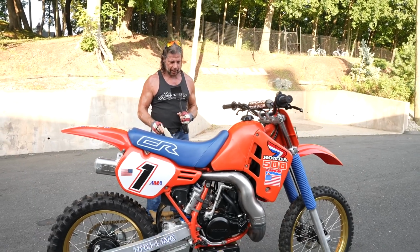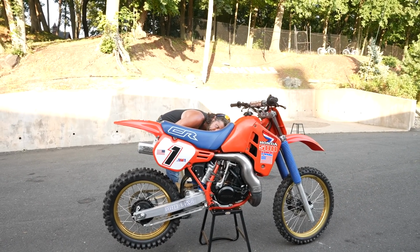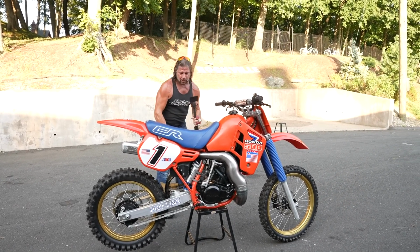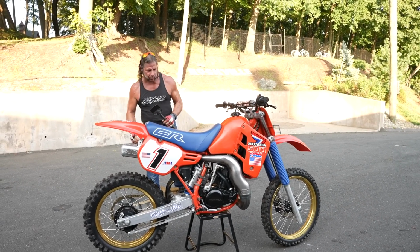Fuel petcock, new fuel lines, new drain lines. It has an MSV exhaust manifold on it. That's a $120 bill right there. Billet aluminum exhaust manifold. Just a kick-ass piece, man. If you have any questions about it, give us a call,